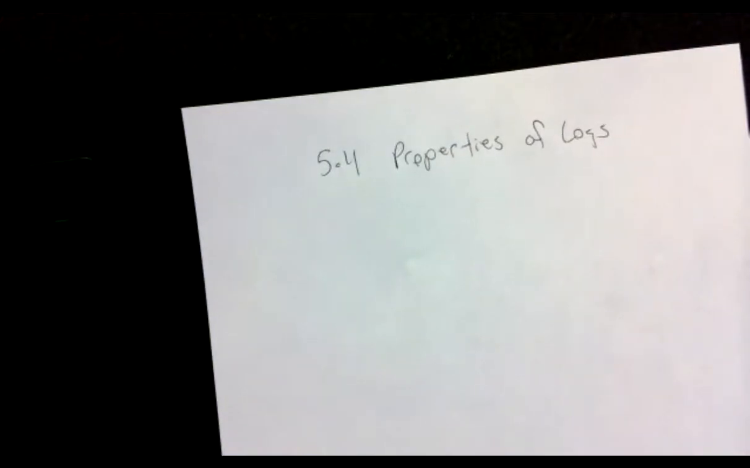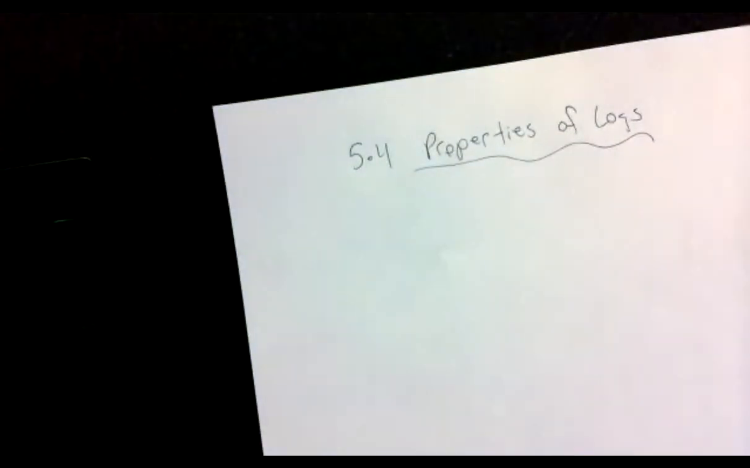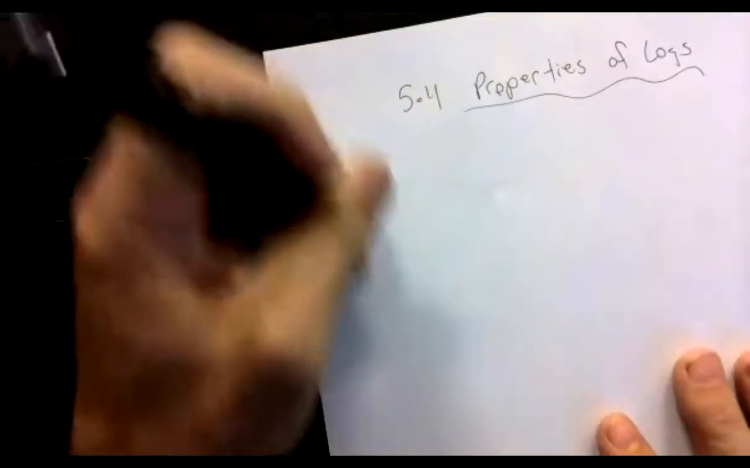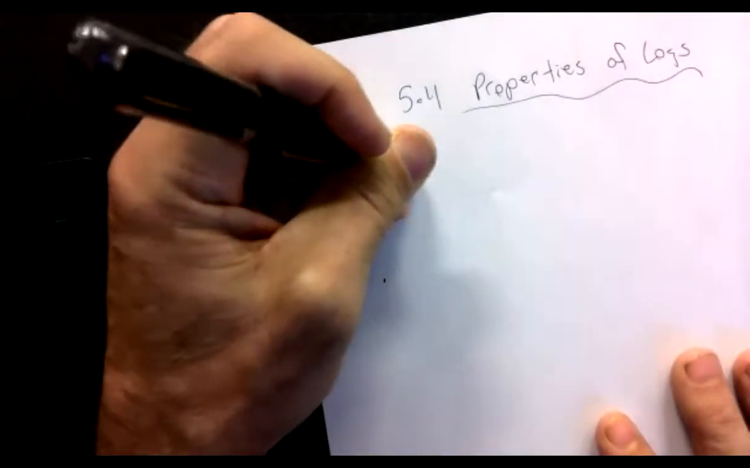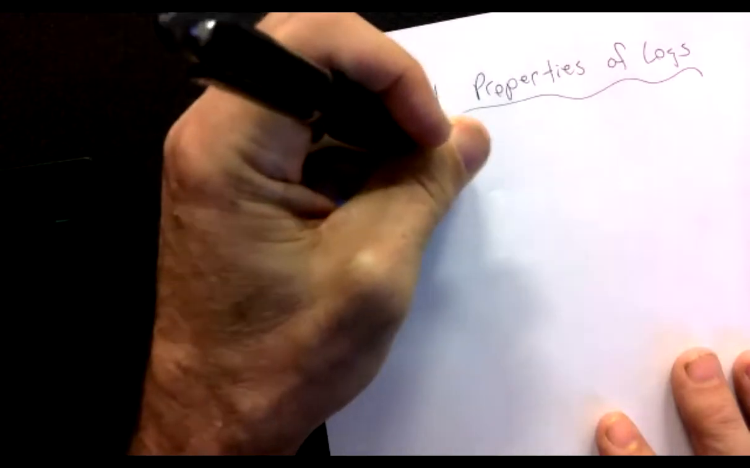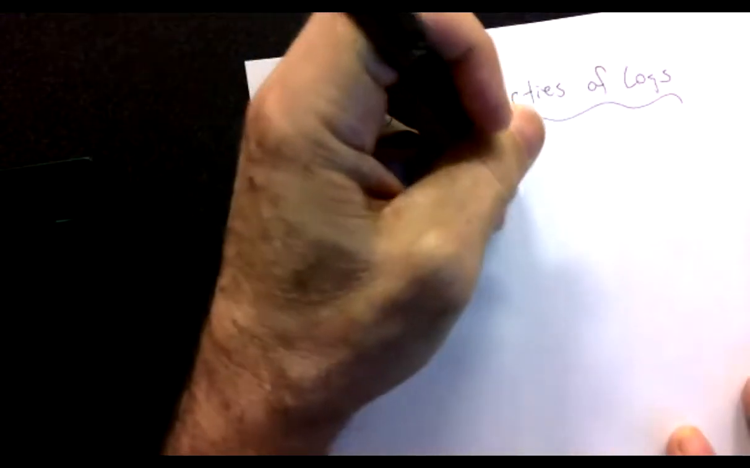Okay, so again, 5.4 is all about the properties of logs. Now, the good news is this is really simple in premise. The problem comes with the examples that they're going to ask you to do. So the properties, there's three. So you've got what's called the product property, which states,